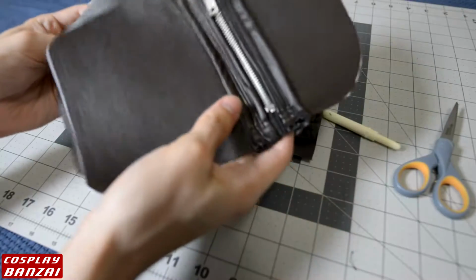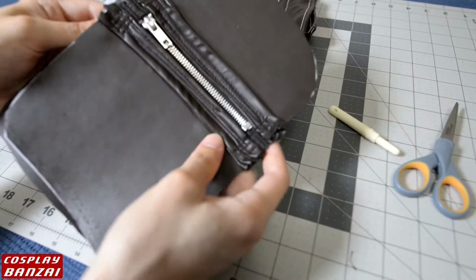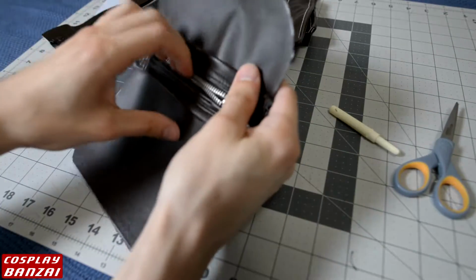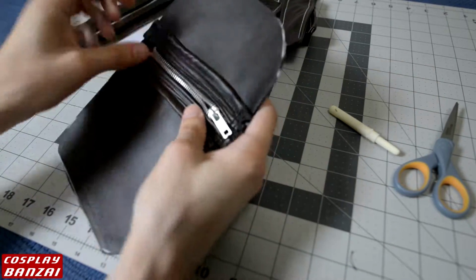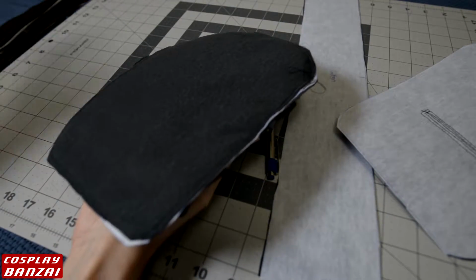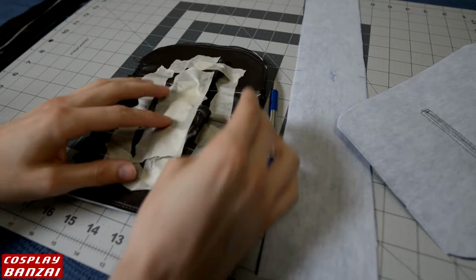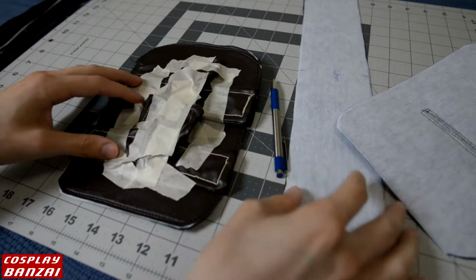What I need to do first is attach this piece to the back of the first piece. So I had planned on having a separate compartment for this zippered area. Sewed the back piece on. I removed the interfacing from the second piece. It's really not needed in this case. Zipper's back here. I started taping up these side pieces to the front. And then I'm going to